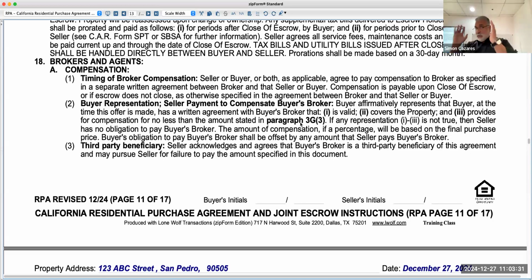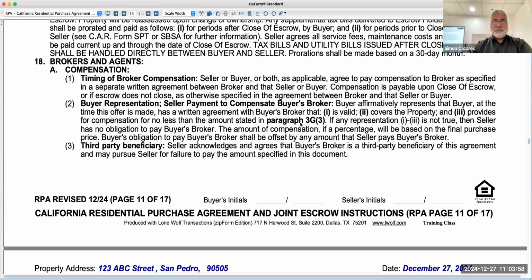Okay, so this is where you've got to remember, if your BRBC is different, then you need to update it to reflect what you're asking. Because if this number is off and your BRBC is not in alignment, then the seller can use that as a negotiation. They say, you only charge 1%, therefore I'm willing to give you 1%. Well, wait a minute, I asked for 2.5. Well, your BRBC says 1%. So you've got to be very careful in how you